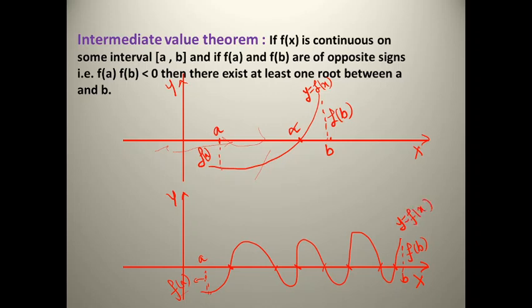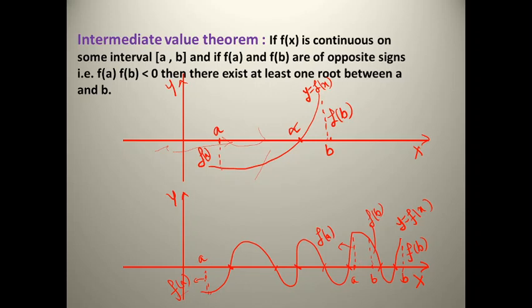Now say for example, if I am taking the point A over here and B over here, find the corresponding distance of a point on the curve. So here this will be f of A, then f of B will be this one, and what we find is that both are of the same sign, f of A as well as f of B, both are positive. So you can see this curve does not intersect the x-axis, so it does not have a root.